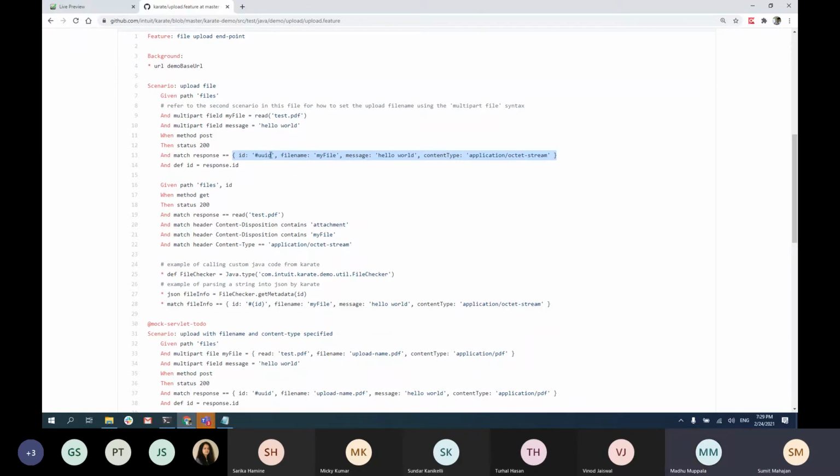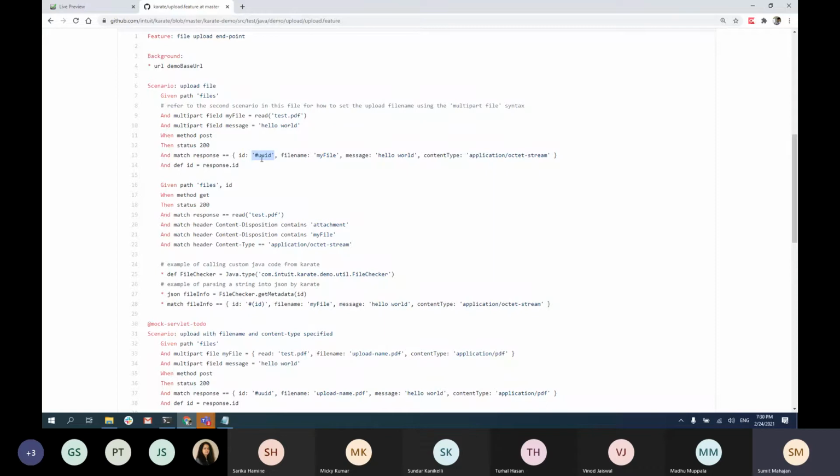Now, because I don't know what ID will get generated, right? So I'm only matching the template, right? But I have the real value, right? So when this becomes my variable again, right? So when I go here, the field that I'm picking up is this, right? So response.id, right? Response is this and ID is this. So I'm doing response.id, and what I will get by doing response.id is this value, which is the ID of the file, right? Which is the real ID of the file.